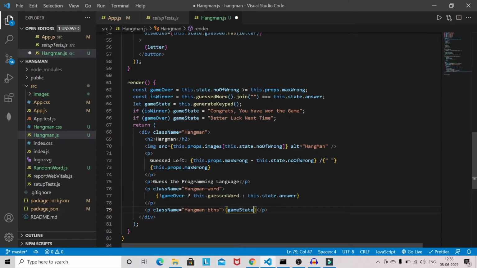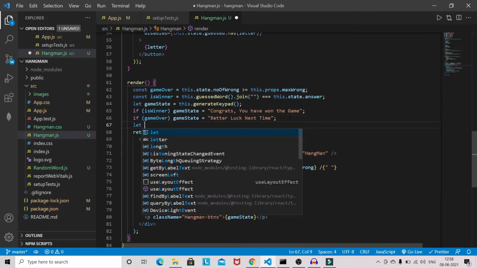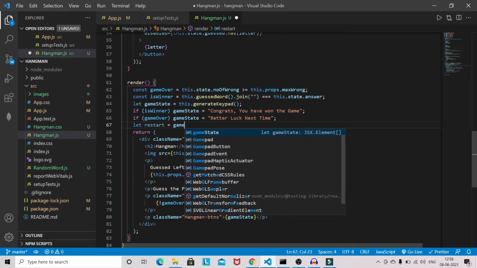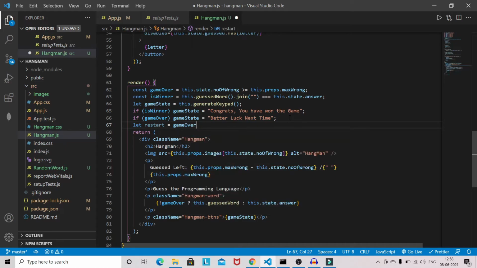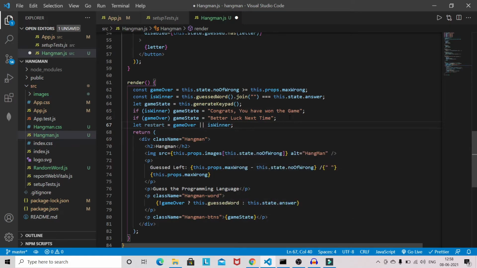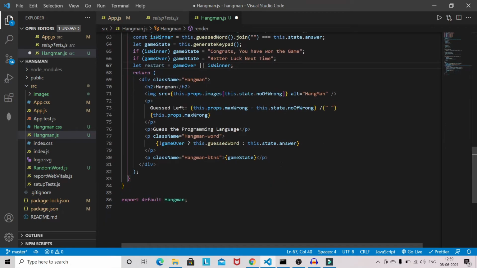Now we'll have to write one logic, so let restart. In order to restart, either the user is going to win the game or it's going to be game over. In both cases I want the game to start again, so that's why I have given game over or is winner. In both cases the game will have the option to restart.